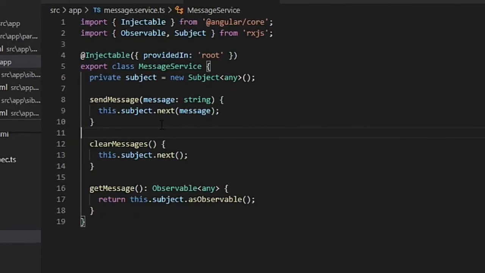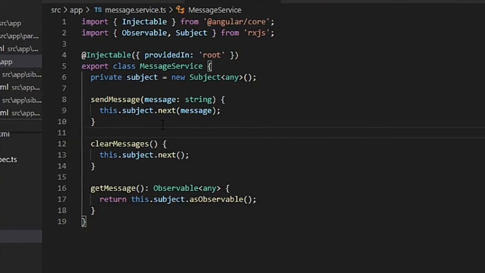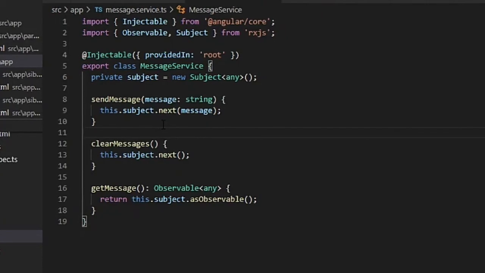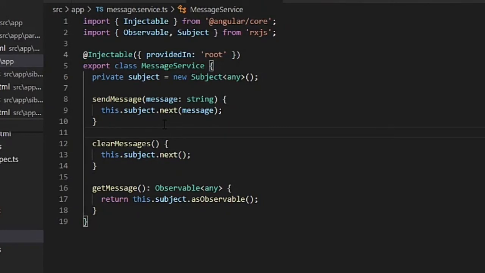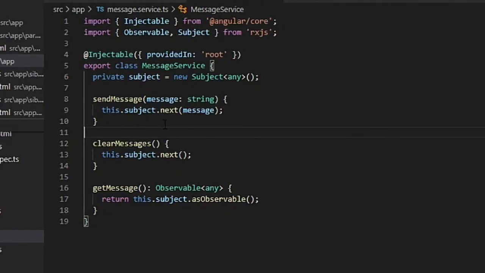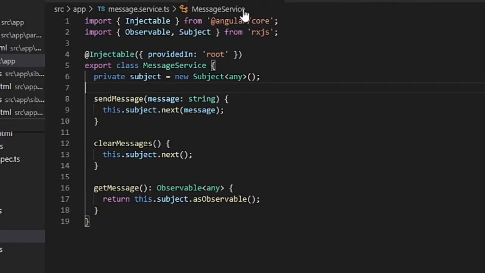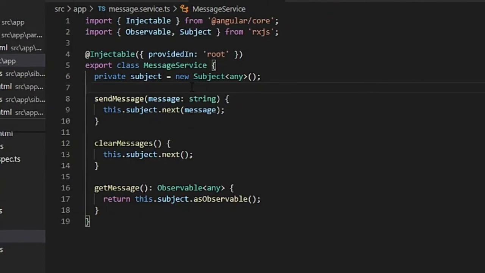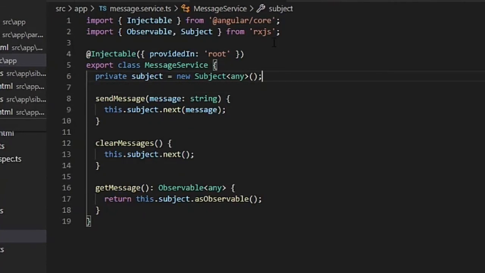I think you have also understood sibling to sibling data transfer. Once again, I am explaining with a summary how it is working. We have created three methods in the message service and an instance of subject, imported from RxJS.